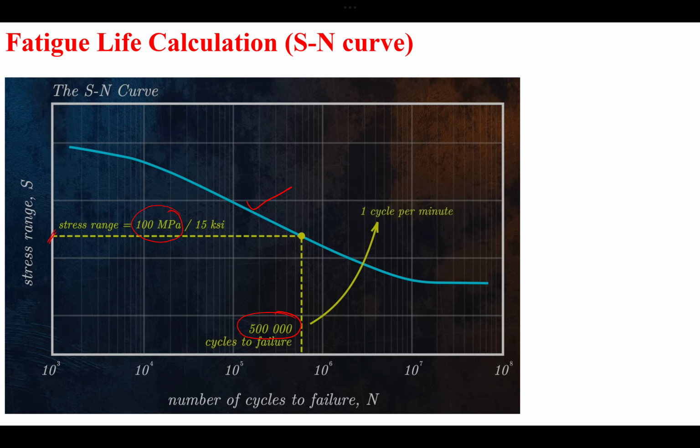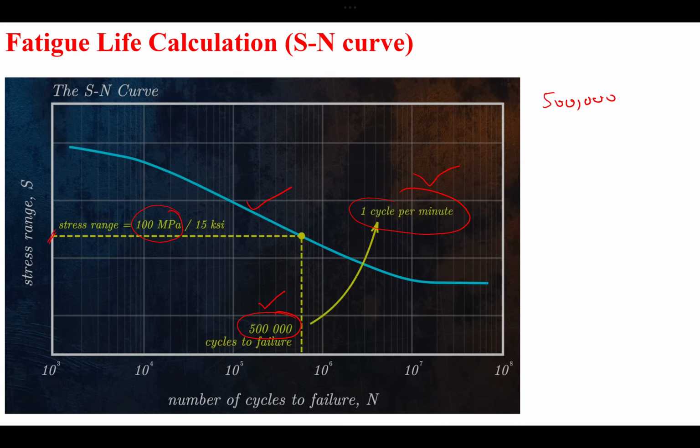Let's say you are installing it somewhere where you need 1 cycle per minute of that cyclic loading. So you can calculate how long it will take for that material to sustain there, and after how long it will fail. Because it has 500,000 cycles of lifetime, and you have 1 cycle per minute, that means you will have 500